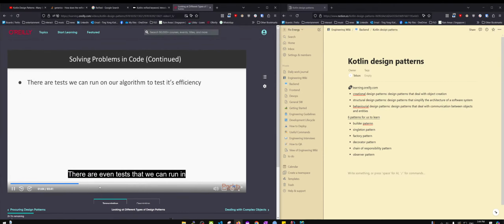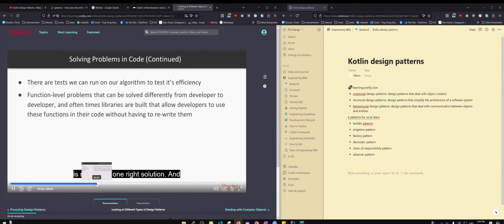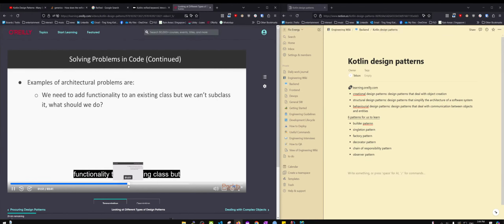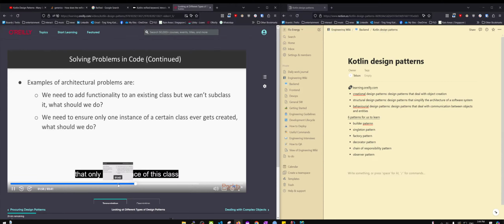There are even tests that we can run on more than one right solution, and oftentimes libraries are built that allow. These are examples of architecture existing class, but we can't subclass it. What should we do in this scenario? Or we need to ensure that only one instance of this class ever gets created in our